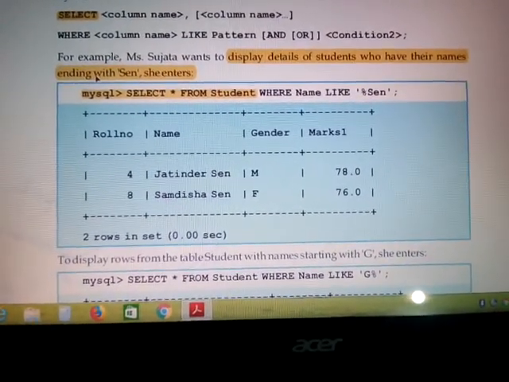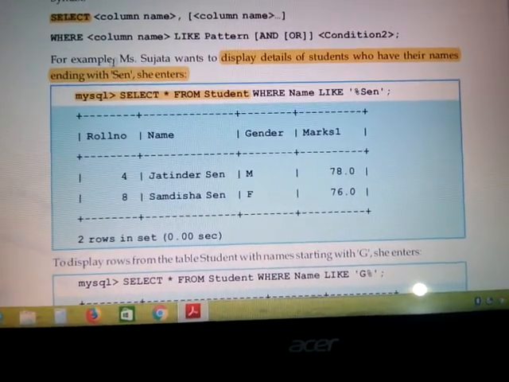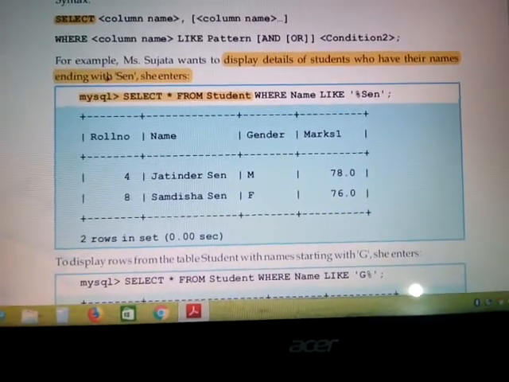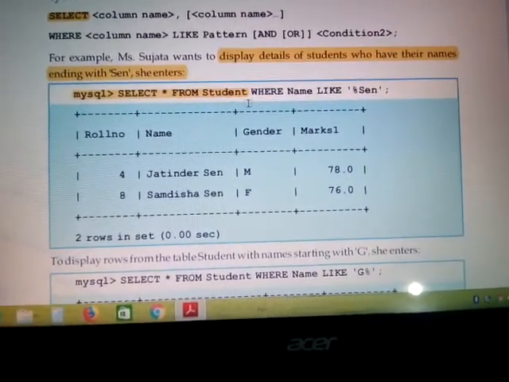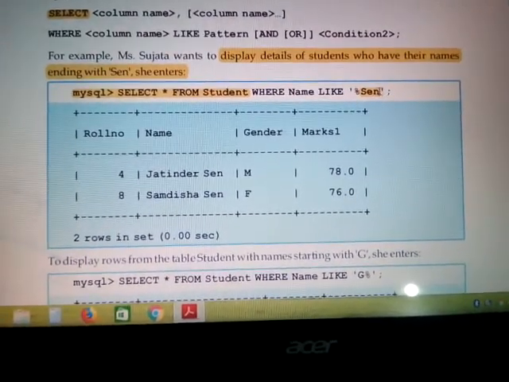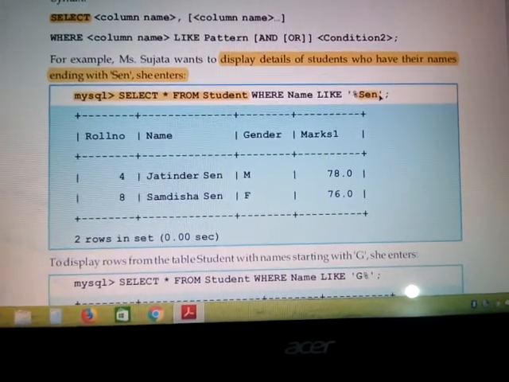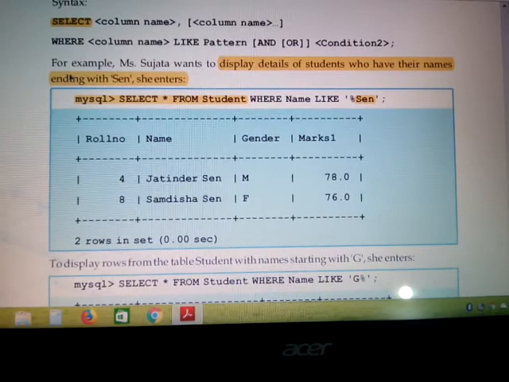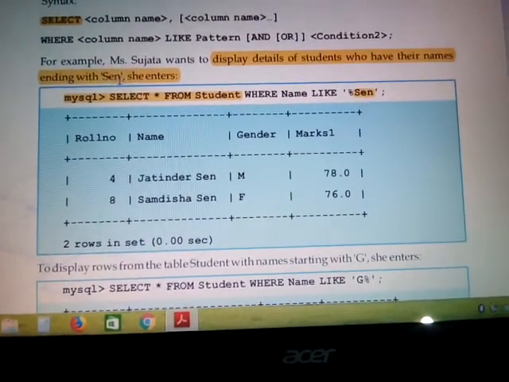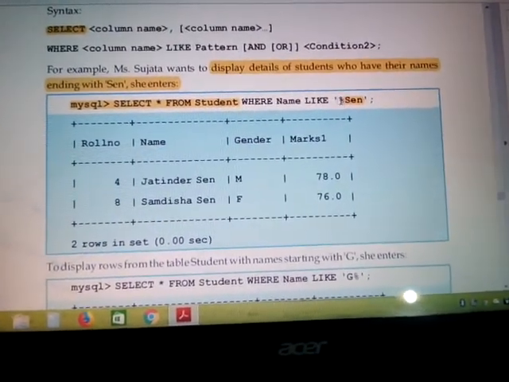Here the question is ending with 'sam'. First of all, the character pattern that should be in your table column is 'sam'. So first we write sam. It is a string, so as we know, it is to be written within single quotes. But see what is given here: ending with sam. Whenever the question says ending with a particular character, the percentage is written before that string.